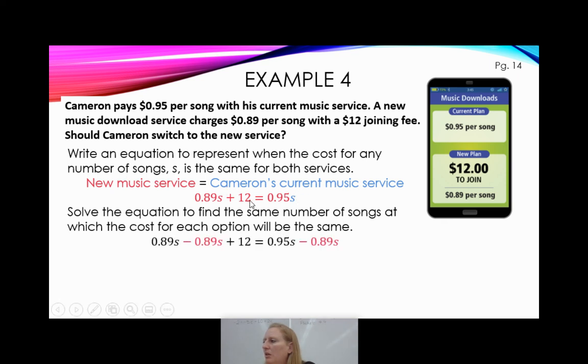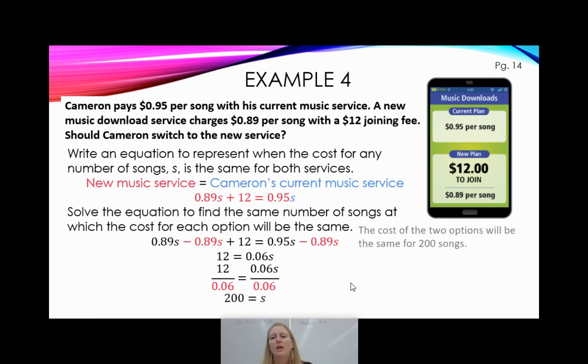So great. I'm going to go ahead and subtract 0.89S from both sides, gather up my like terms on the same side. Thank goodness I have a calculator. Turns out that's 0.06S. Ooh, if I divide both sides by 0.06, of course, 12 divided by 0.06, thank you, Mr. Calculator, is 200. So the cost of the two options will be the